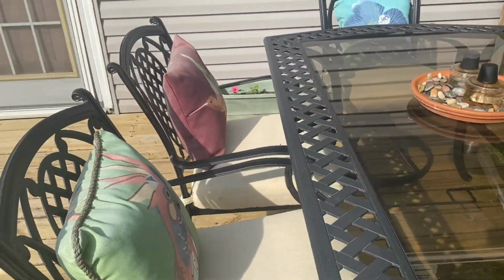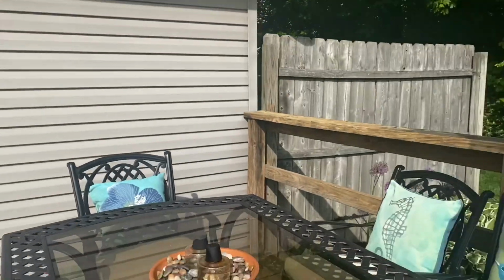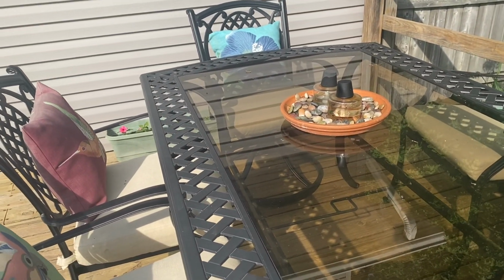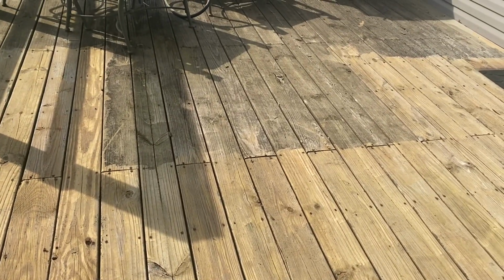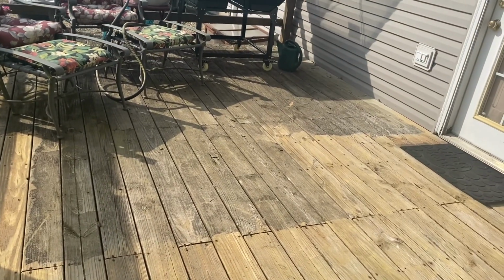Cushions look amazing. I power washed the table. I power washed the back of the house. I power washed everything that wasn't tacked down. So I am super pleased. Yeah, there's a good shot where you can see where I stopped, and I went a little further in front of the door,